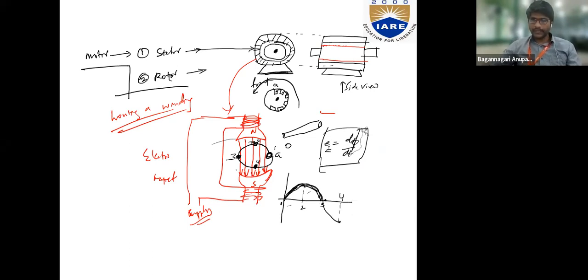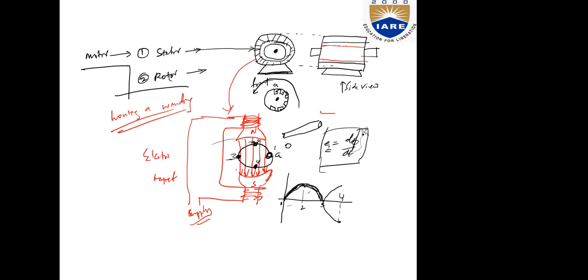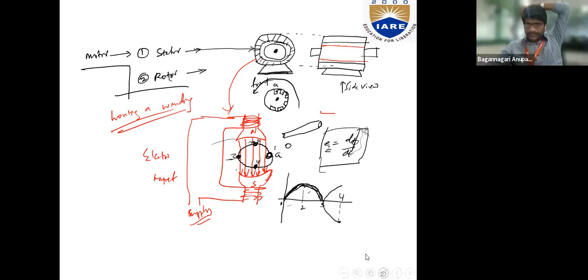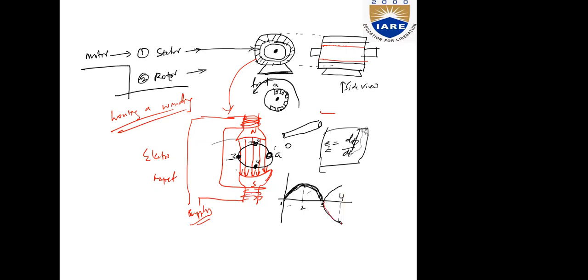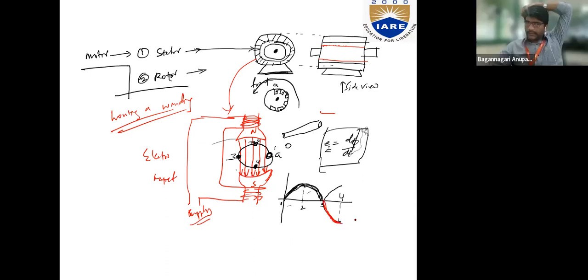Why can't I assume that the current flux will be in this direction? Why only in the other direction? Why does it go in the negative direction? Because the flux density is decreasing. Okay, flux density is decreasing, but why does it go negative? To show that it is decreasing, we represent it as negative. Okay, that could be, but